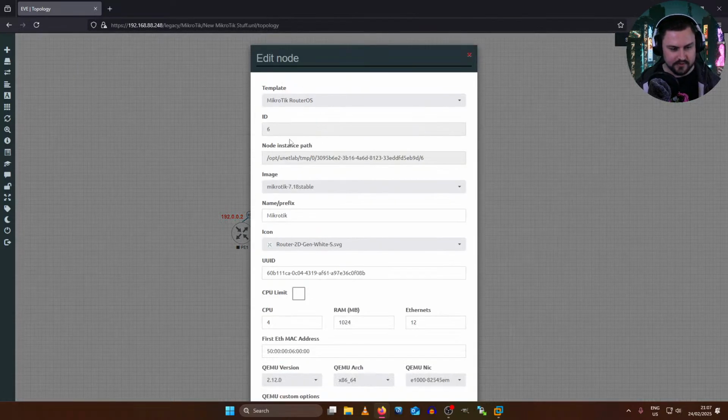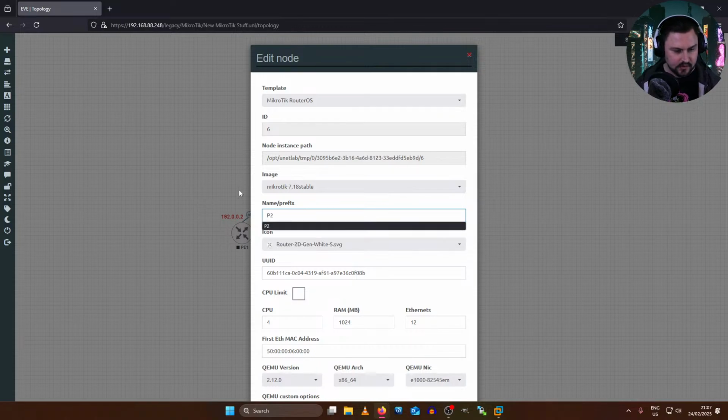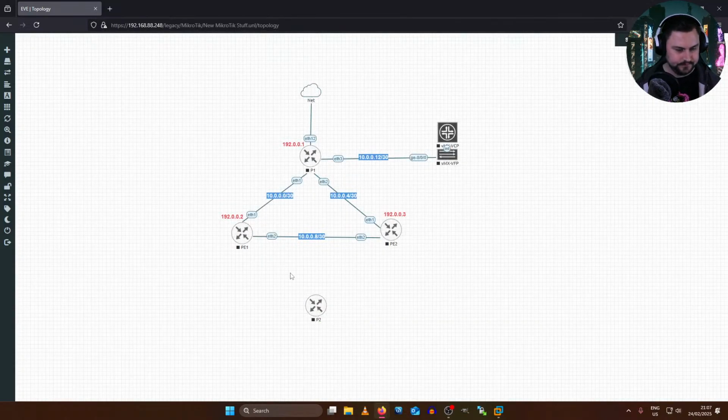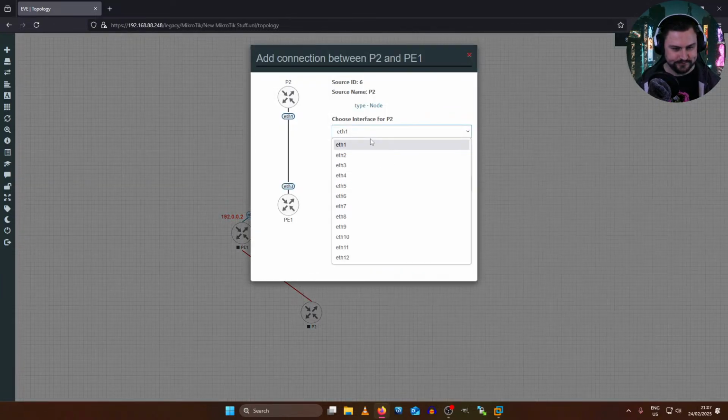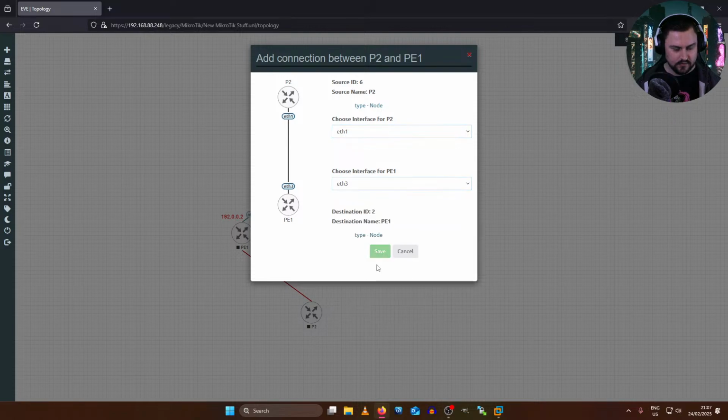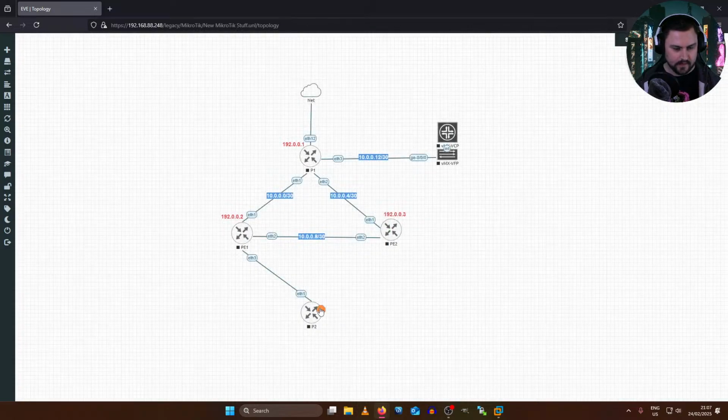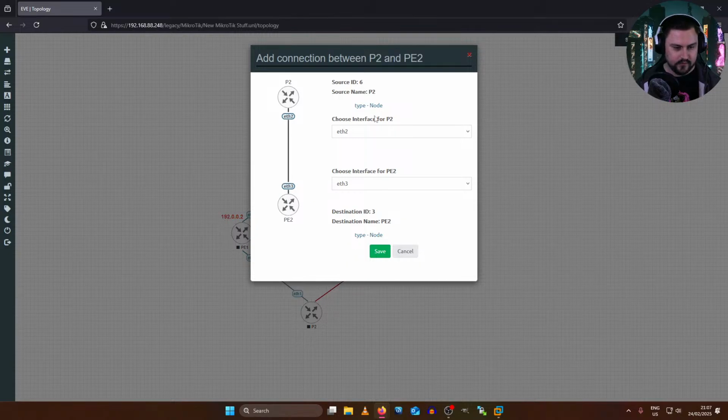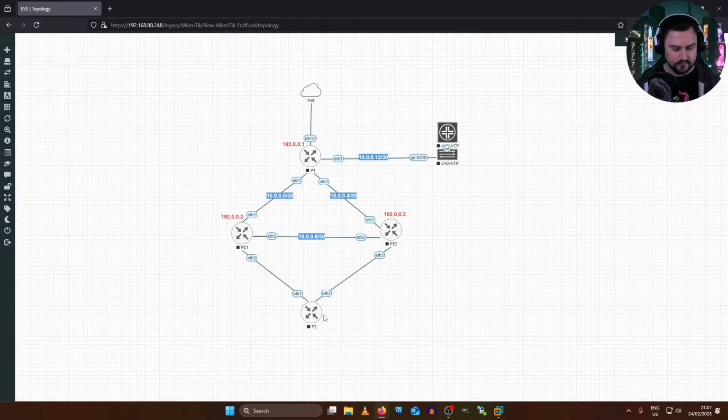What can I call this? Maybe we can make this a P2 or something. And then I could maybe also connect these to the provider edges, because that is fairly normal for redundancy. There we go.